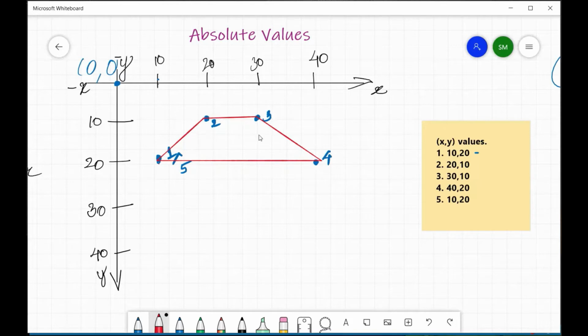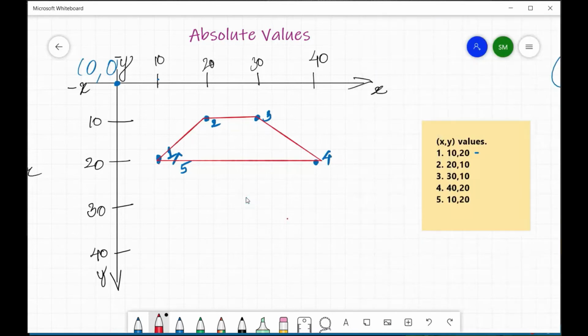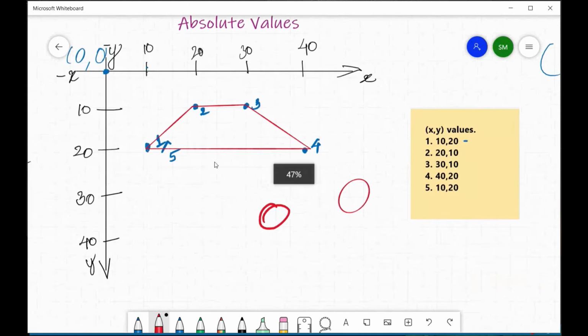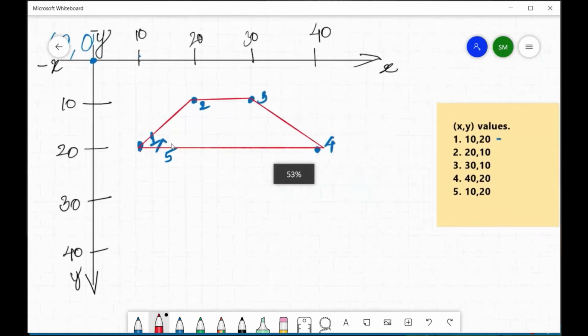That's perfect. It automatically changed into straight shapes because I have activated ink to shape in Microsoft Whiteboard. So this is our shape in